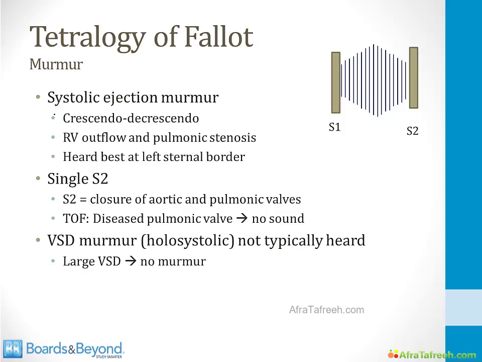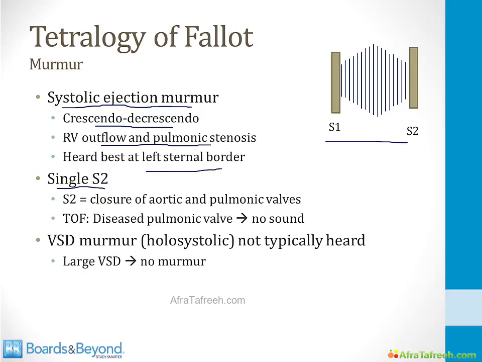The classic cardiac auscultatory findings in tetralogy of Fallot are a systolic ejection murmur and a single S2. A systolic ejection murmur is a crescendo-decrescendo murmur like what I've shown on the screen here. It occurs between S1 and S2. This is caused by the RV outflow and pulmonic stenosis, and it's heard best at the pulmonary listening point at